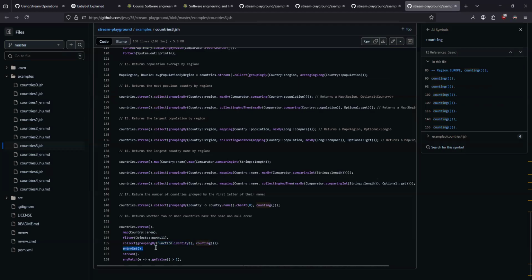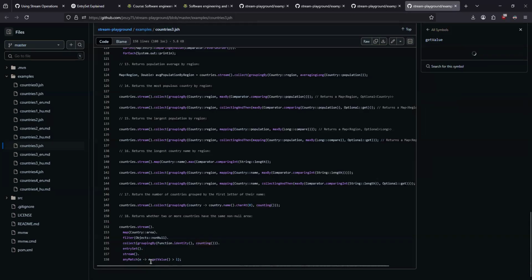And then entrySet just creates the set out of a map. This is another thing you should post into ChatGPT and it will give you the documentation, and you convert it into stream once again. Now this is interesting because entrySet is a terminal operation. It will return a set. So by putting a dot after this, you are creating a stream out of that terminal operation, which is allowed. And after that, you just do anyMatch where e.getValue is bigger than 1. So anyMatch means that